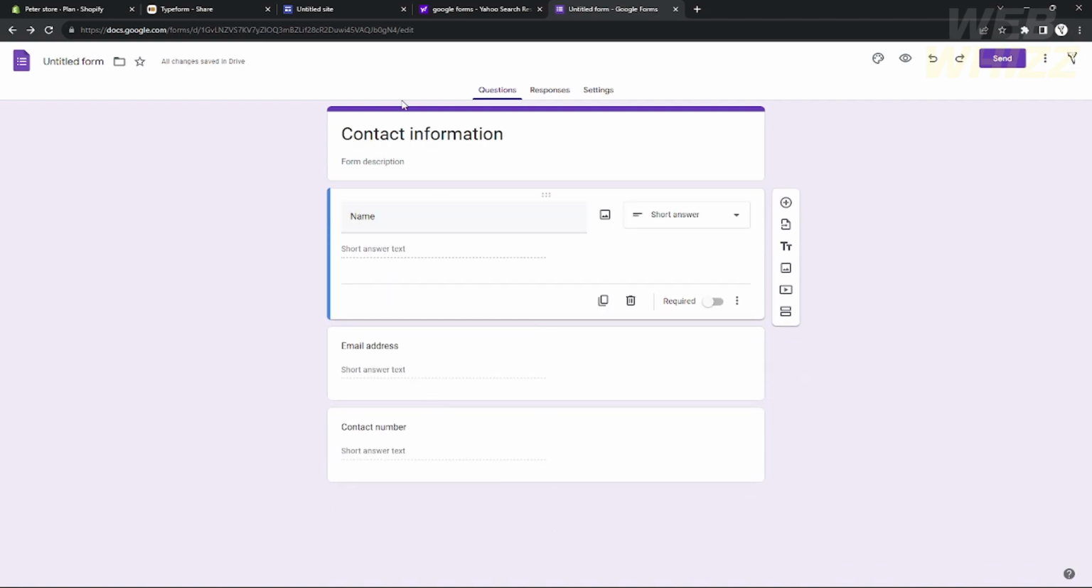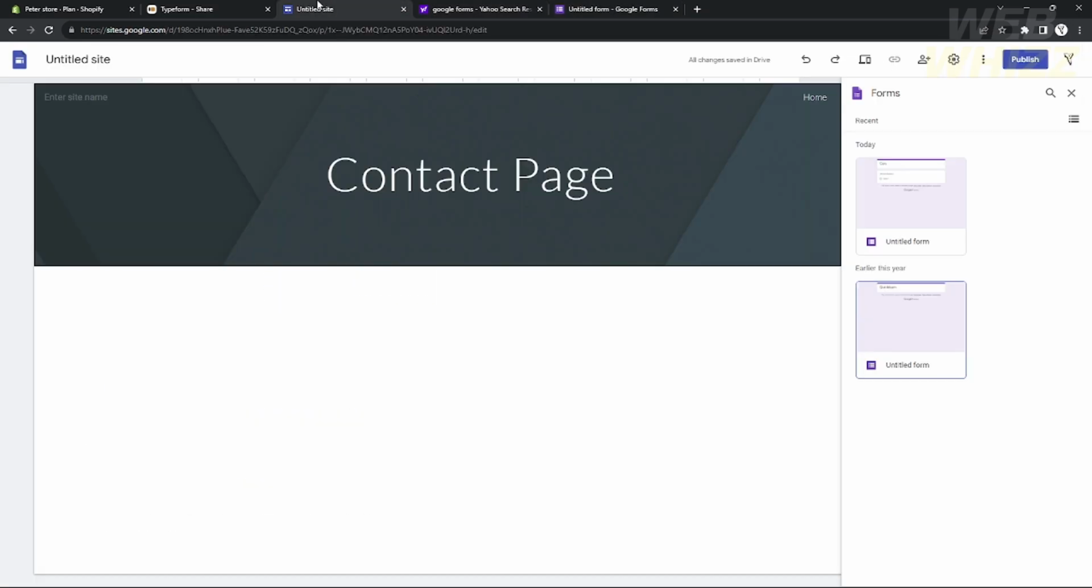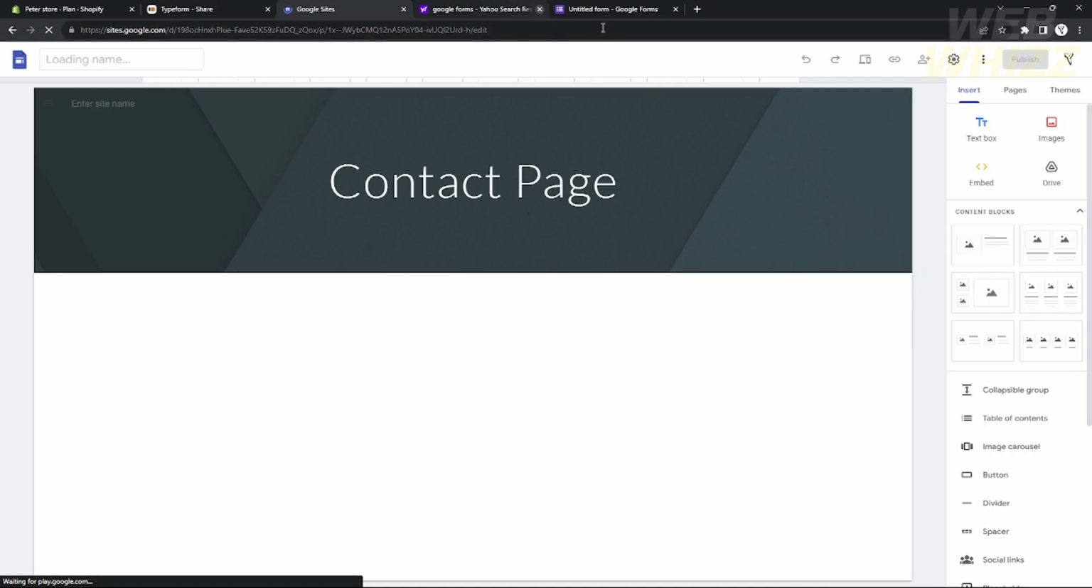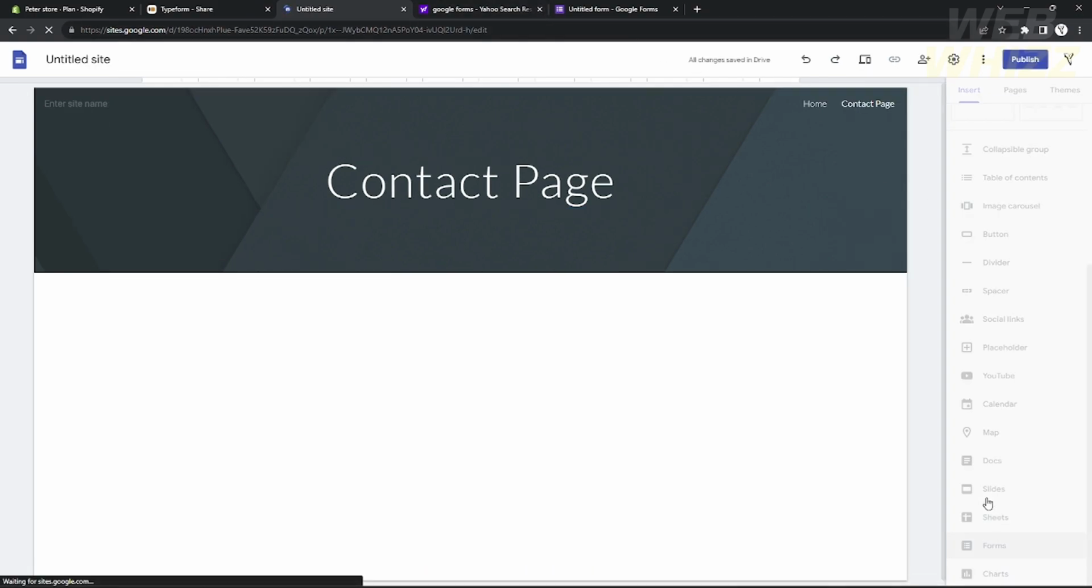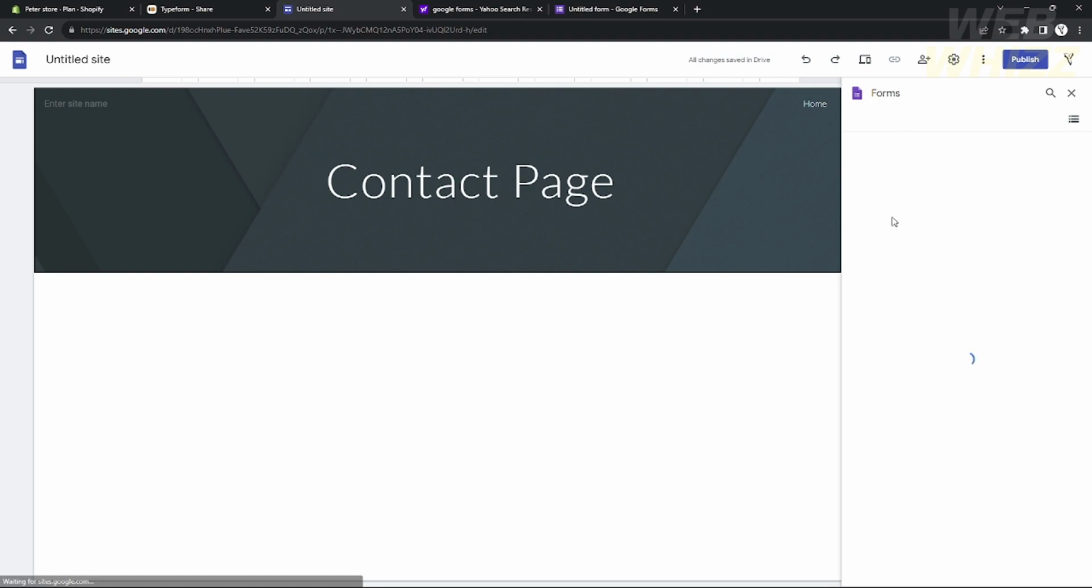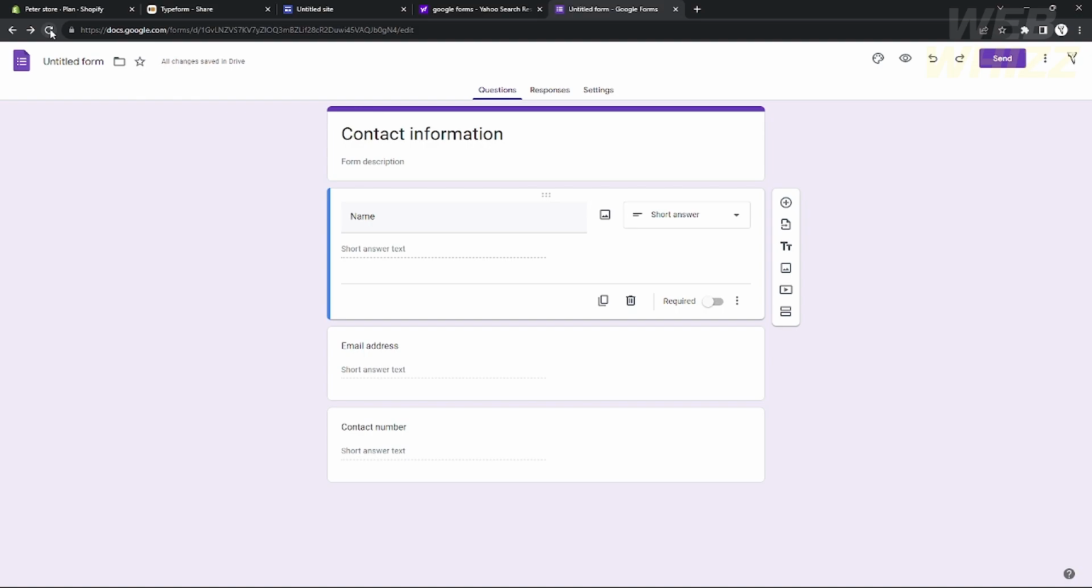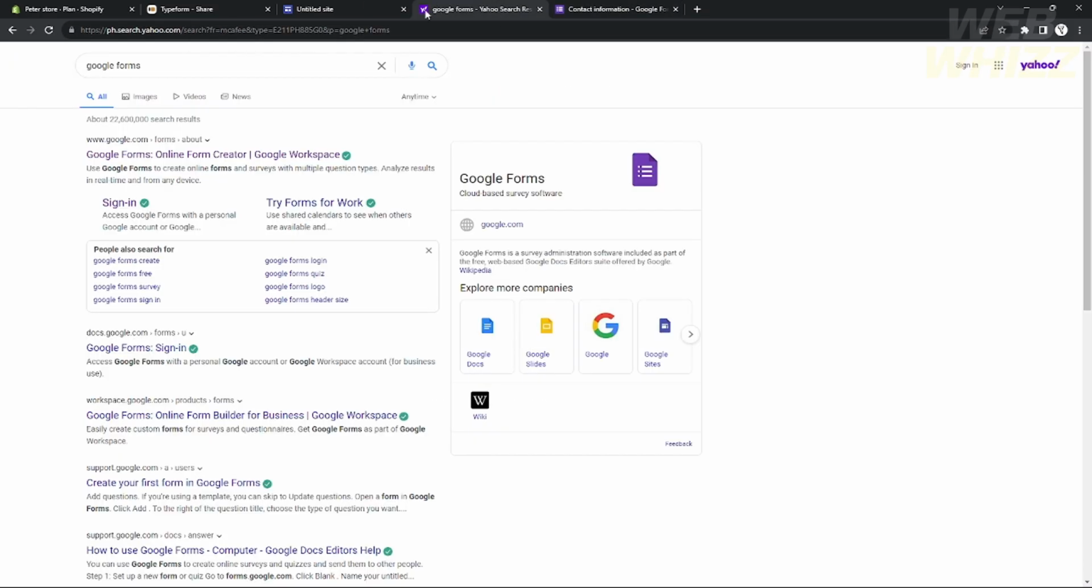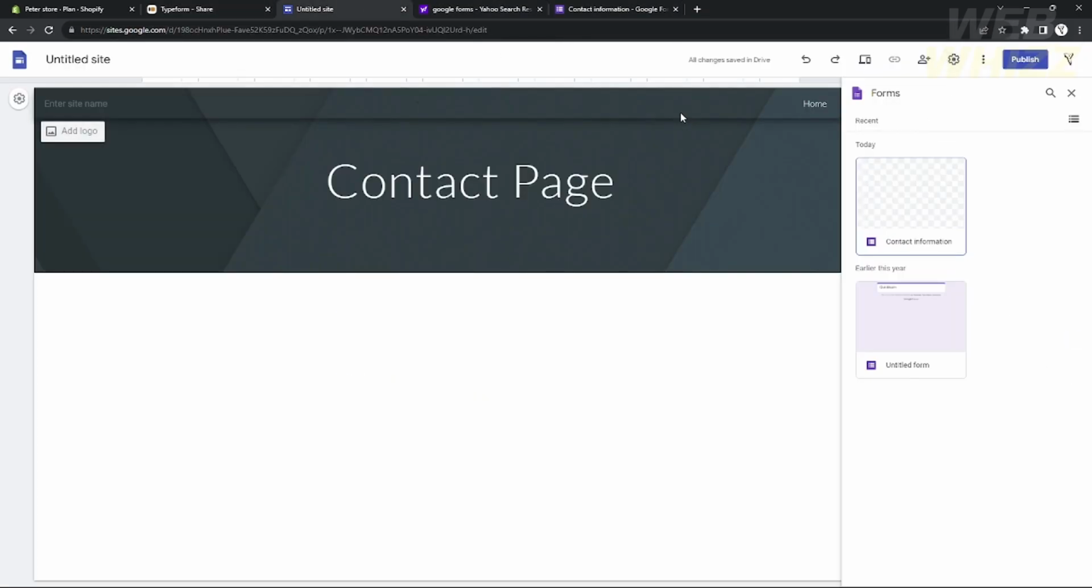So this is quite, okay. So I'm just going to go back to Google Sites, and as you can see right here, oh, this is the one. I didn't change the title of my site. So I'm just going to refresh the Google Sites, go back to Forms, and as you can see right there, I didn't change it. So I'm just going to change it to contact informations. Okay, let's go back again to the Google Sites, click refresh, and right there, as you can see, contact information